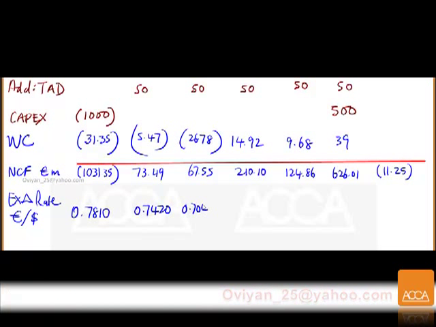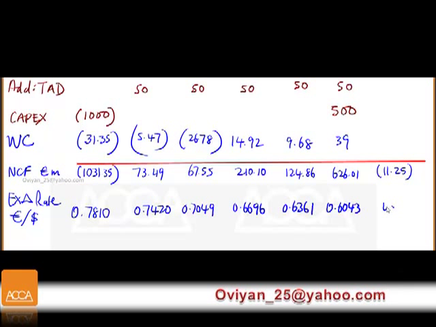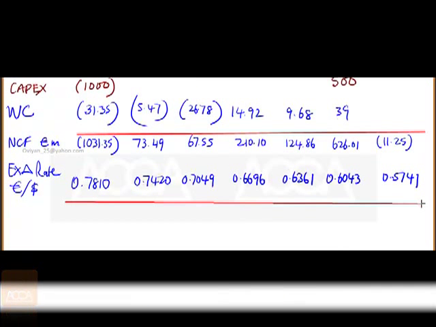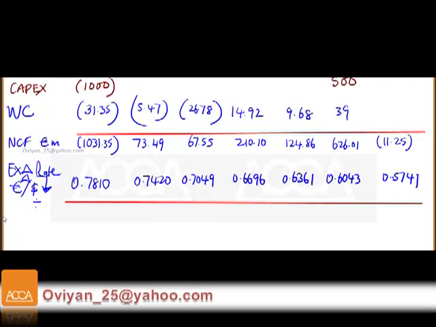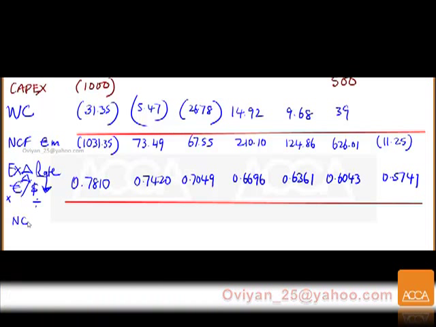0.7420, 0.7049, 0.6696, 0.6361, 0.6043, 0.5741. You must be careful. You're going to change to dollar, so you need to divide. Yeah, second set of currencies, you always divide. If you follow these rules, you have to be very careful. First set is multiply. Second set is always divide. So when you divide, you're going to get a bigger dollar